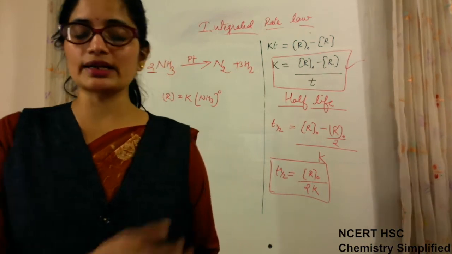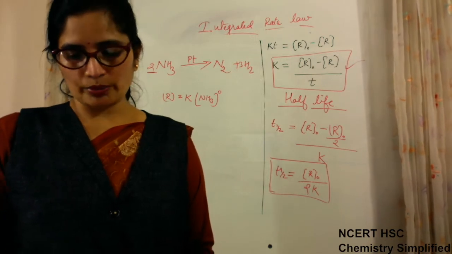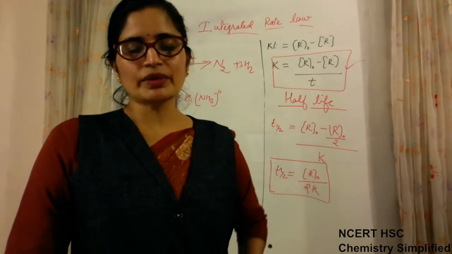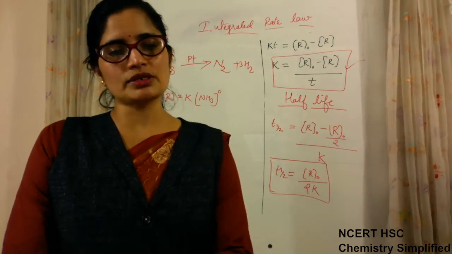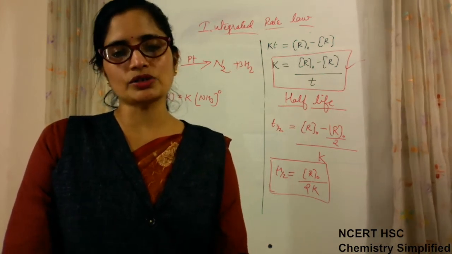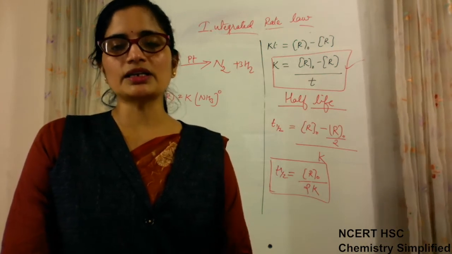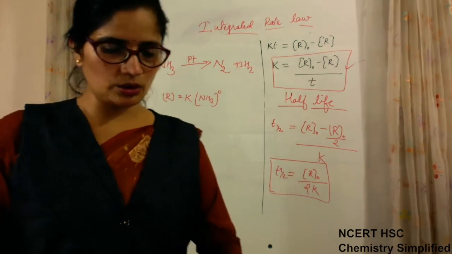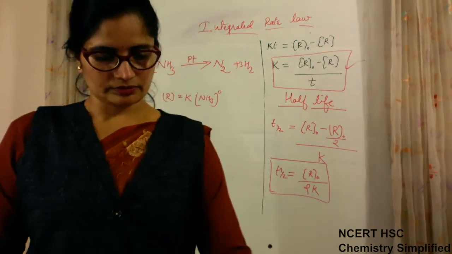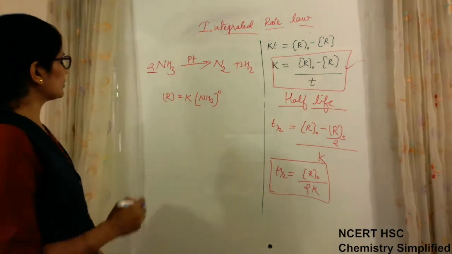As for example, yesterday we had done one reaction, the NO plus O2 reaction was given. So when the concentration of NO was doubled, the rate was becoming 4 times. So then you come to know that the order of reaction is raised to power 2. But for every reaction this cannot be given. So there is logic, but for every reaction logic cannot be given. Okay, so this is a 0 order reaction.